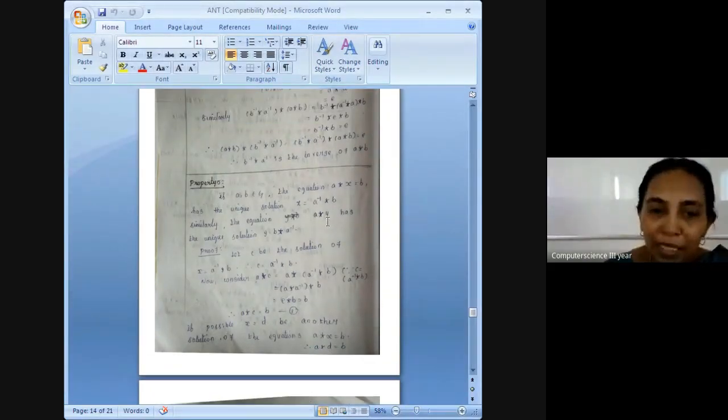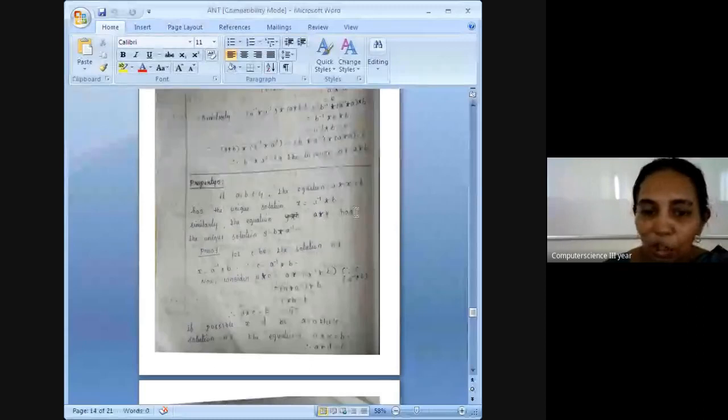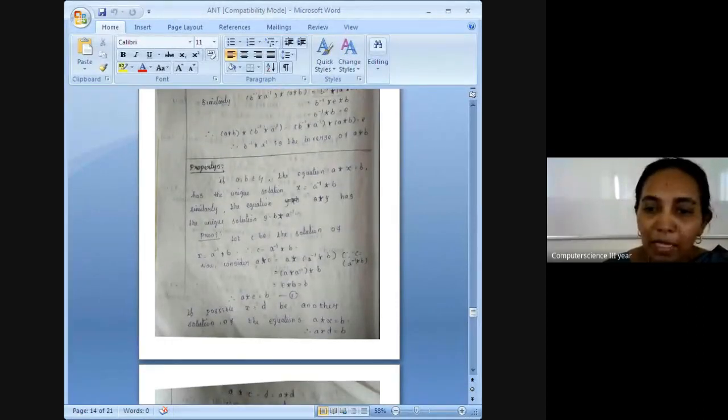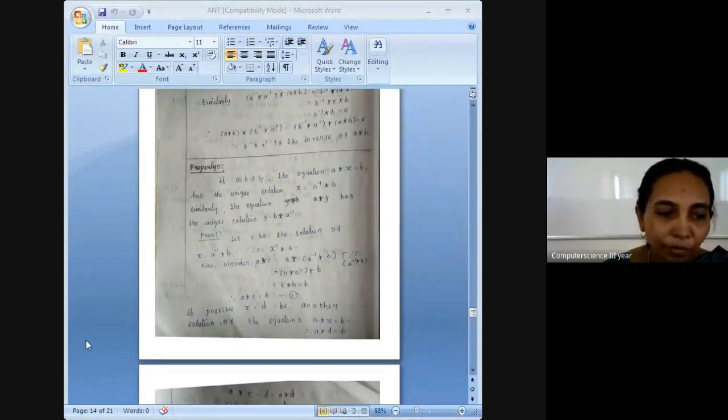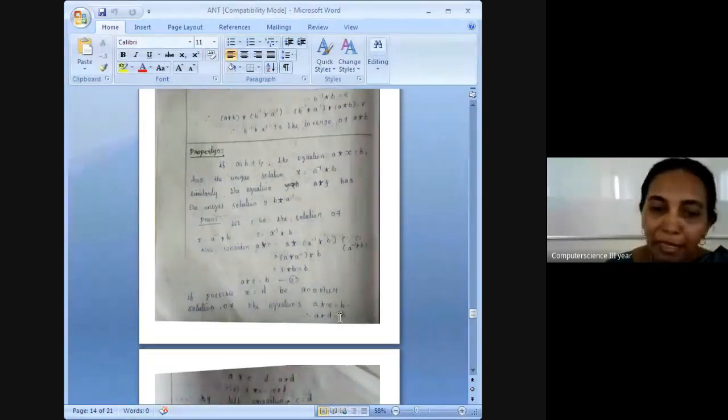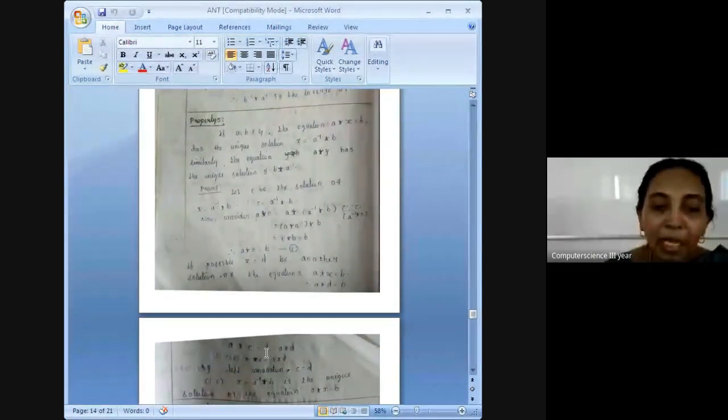If D is a solution, then substituting D for X, A star D equals B, because D must satisfy the equation A star X is equal to B. So A star C equal to B, and A star D is also equal to B. Therefore we can